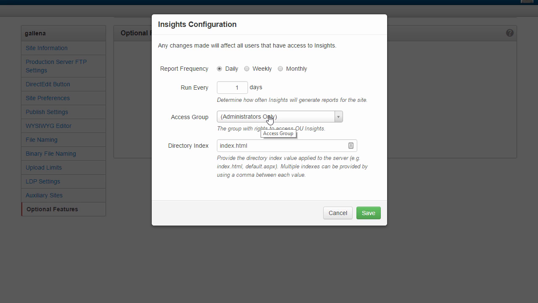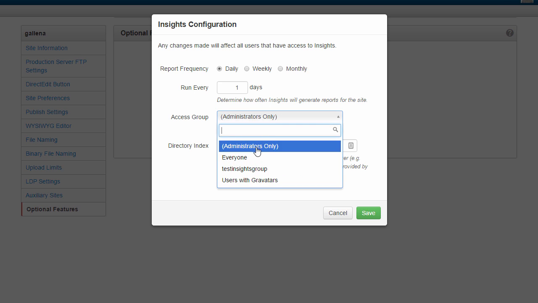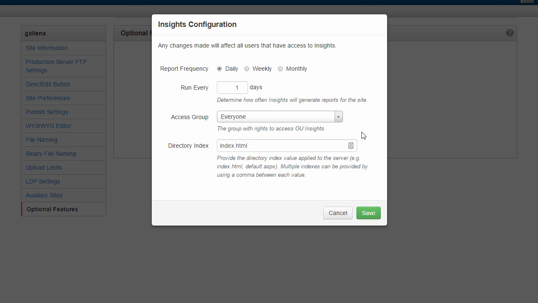Of course, you can always forward an email from your external email client, but when it comes to sending messages or sending reports from within OU Campus, it's going to be dependent upon the access group. Of course, this doesn't come into play for the other reports in the system, like checked out content and pending approvals and stuff like that. It's just for Insights. I'll change it back to everyone just for now.